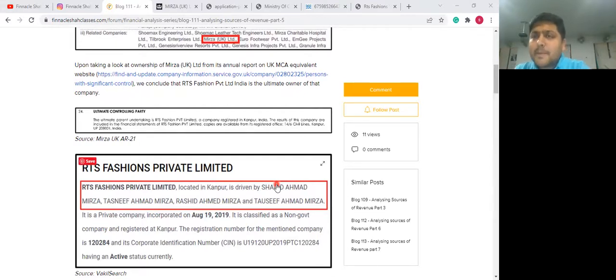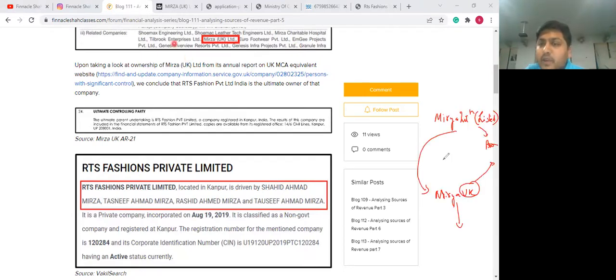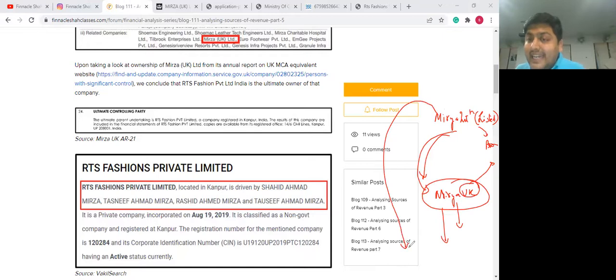Now, one may think, how are we going to evaluate the fairness of the transaction? To judge the fairness of the transaction, one needs to establish how much profit Mirza UK is making through this arrangement. Because if Mirza UK is making an exorbitant amount of profits, that would only mean that they are buying cheap from Mirza International and selling at an expensive price in UK markets, which, by the way, Mirza International could have done directly by establishing a subsidiary in UK and selling it out there, right?